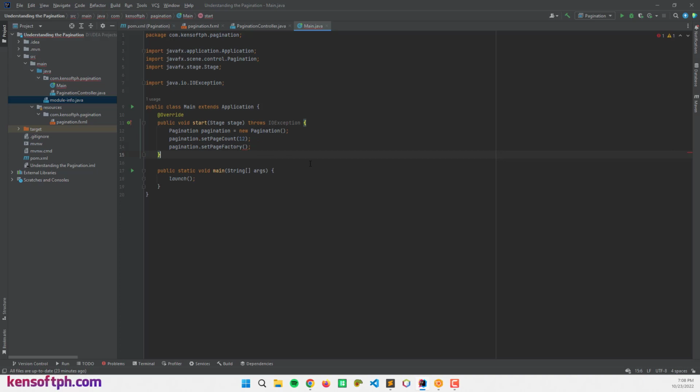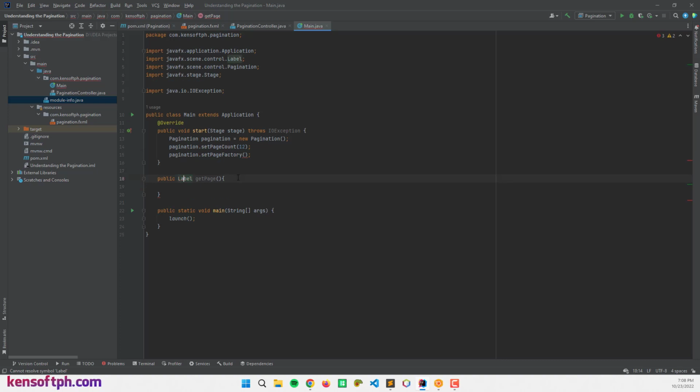So I'm gonna create a method here, public Label getPage, and I'm gonna import the label control, and this will be integer and pageIndex,